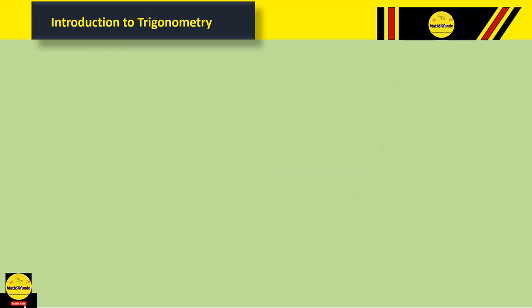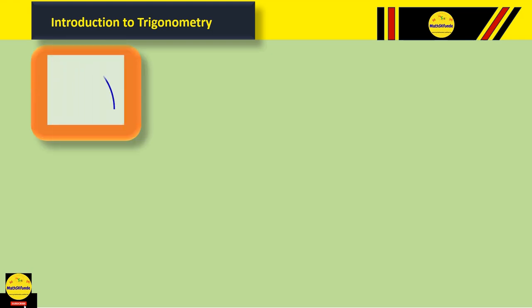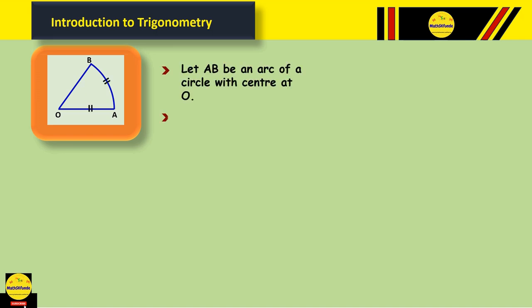Just now I have said that we will be having a circular approach to trigonometry here onwards, and our theta can be measured perhaps in some other system. So keeping that in mind, we start our next part. Here I am considering an arc AB of a circle with center O, and also I will be having length of that arc AB same as OA. OA is the radius. That means what we are doing, we are taking an arc AB from a circle whose center is O, such that its arc length AB is same as that of